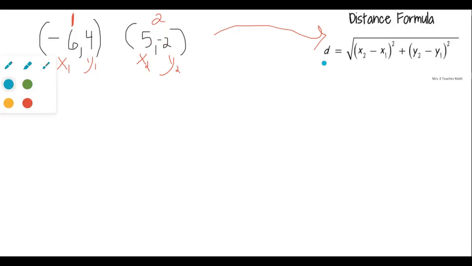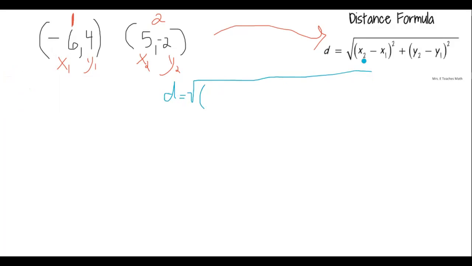All right, so the formula, you can just copy it straight down. Don't change a thing. That D stands for distance. And you have your square root sign. Don't forget that, it's there. Next thing I see is a parenthesis. Okay, so I'm going exactly step by step. First thing I see, copy it. Next thing, copy it. When I get to X2, I know I need to replace it with a number, but